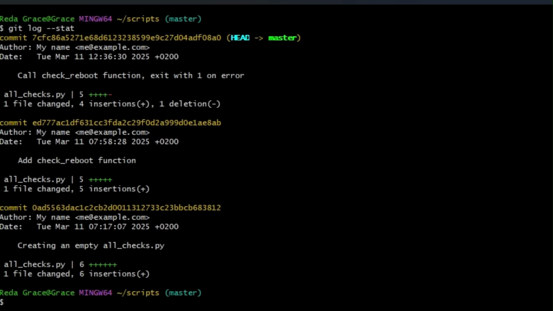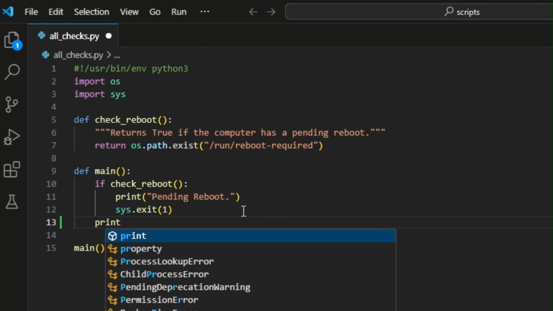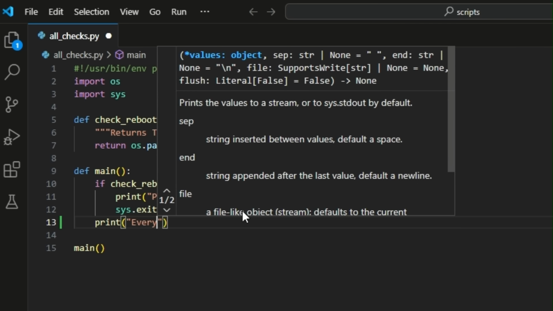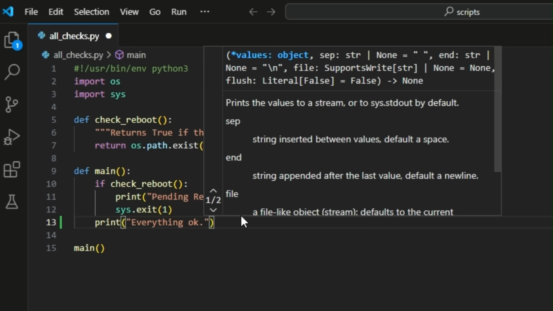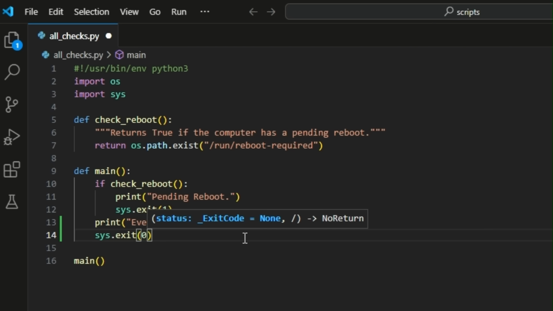Check that all the test cases are covered and so on and so on. So while doing this, you find bugs in your code that you need to fix. It's only natural that by the time you get to the commit step, you don't really remember everything you changed. To help us keep track, Git gives us the git diff command. Let's make a new change to our script and then try this command out. We'll add another message to the user to say that everything is okay when the check is successful and then exit with 0 instead of 1.